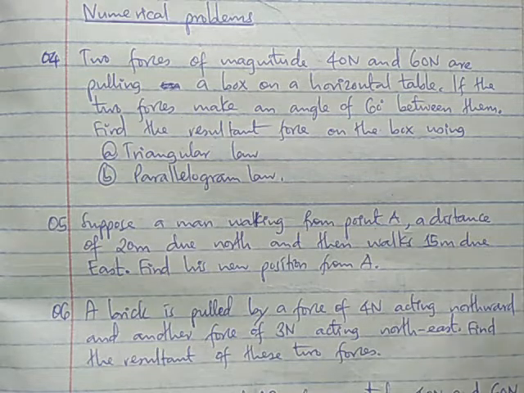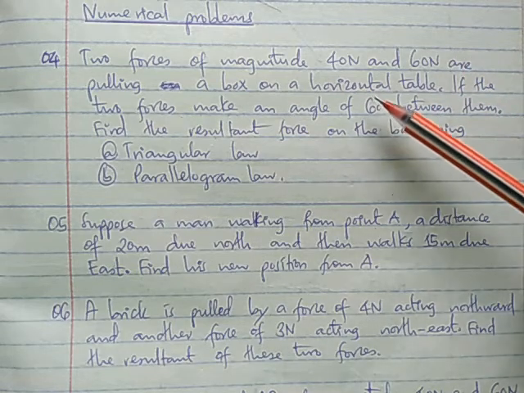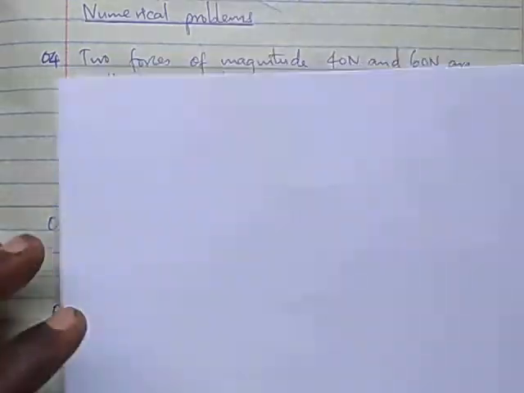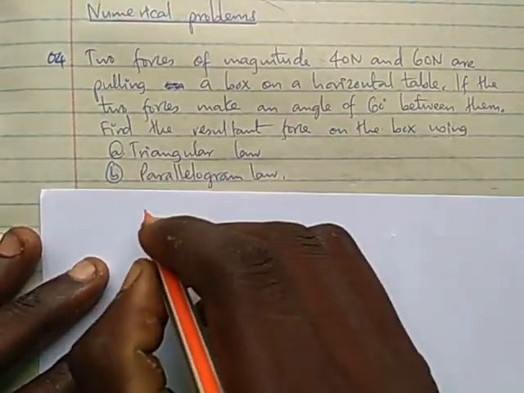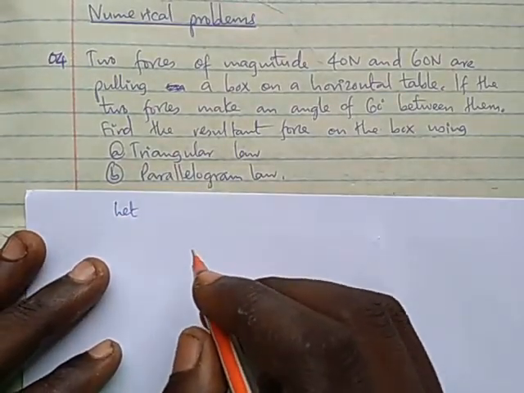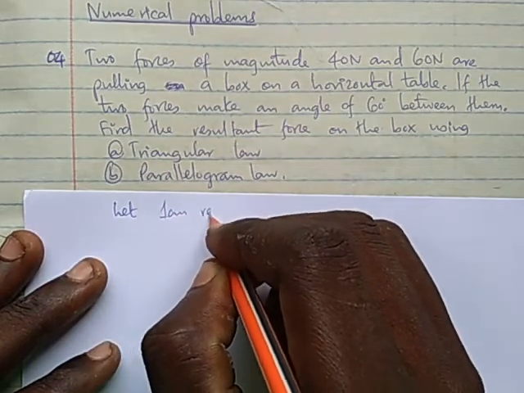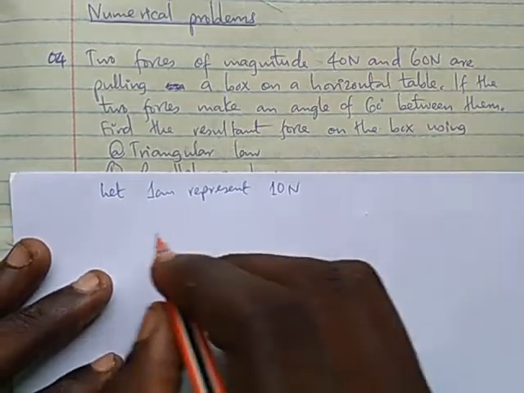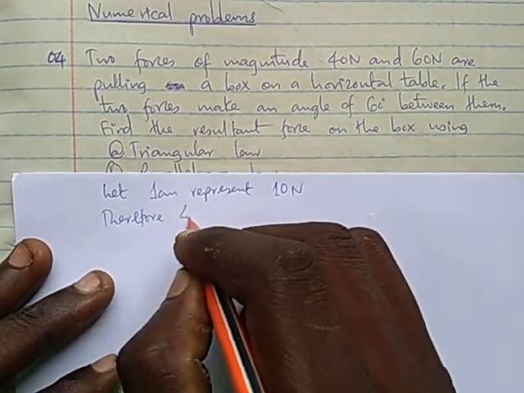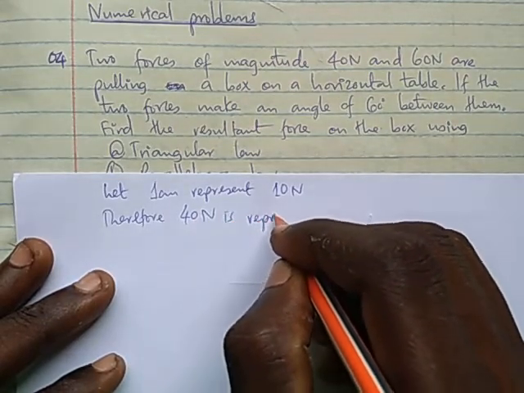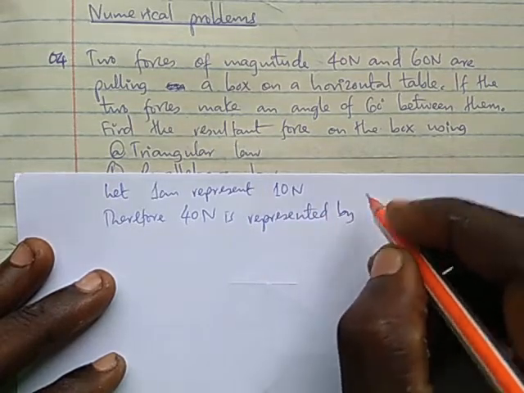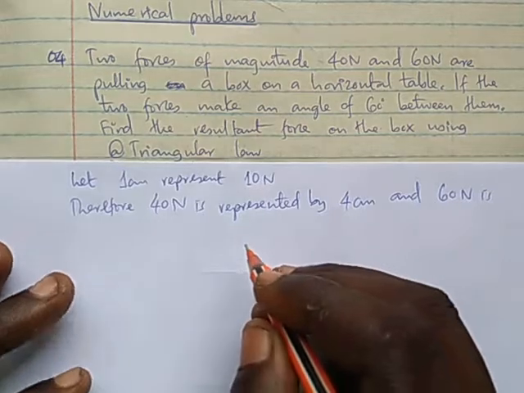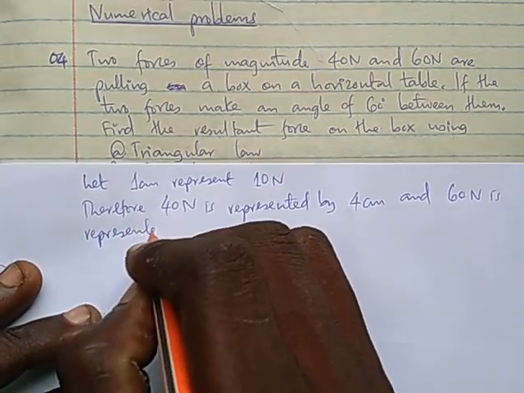In the first question, two forces of magnitude 40 Newton and 60 Newton are pulling a box on a horizontal table. If the two forces make an angle of 60 between them, find the resultant force. As usual, we are first making the scale. Let 1 centimeter represent, let's say, just 10 Newton. Therefore 40 Newton is represented by 4 centimeter, and 60 Newton is represented by